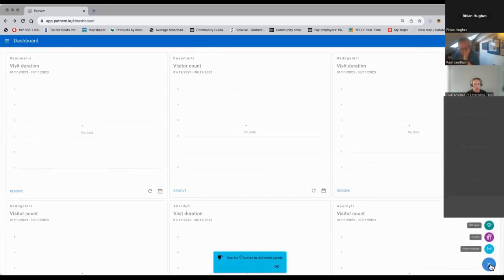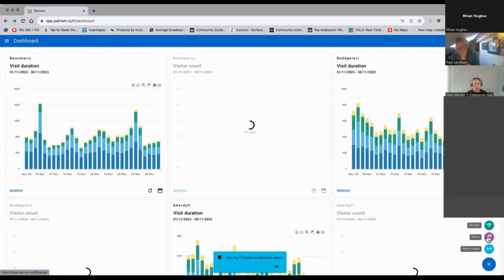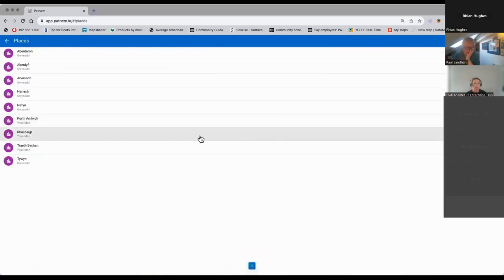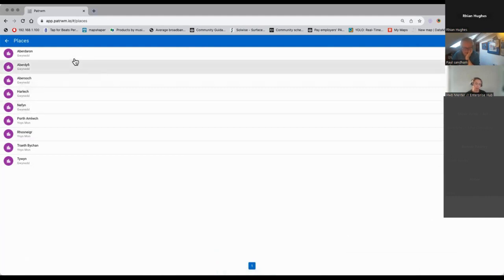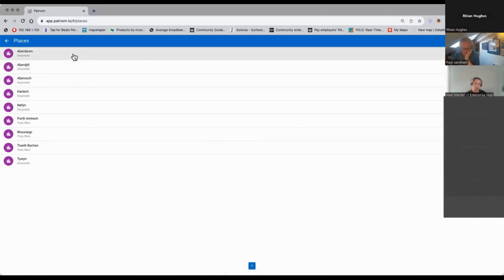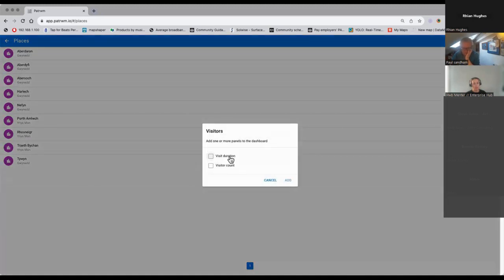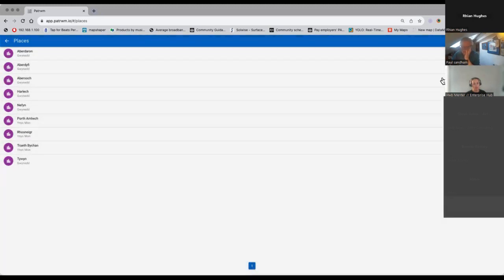If we go back now, we can look at visitors. Visitors is the actual counts of devices, so we don't know anything about them. You can see we've got visit duration and visitor count. What we can do here again is start to